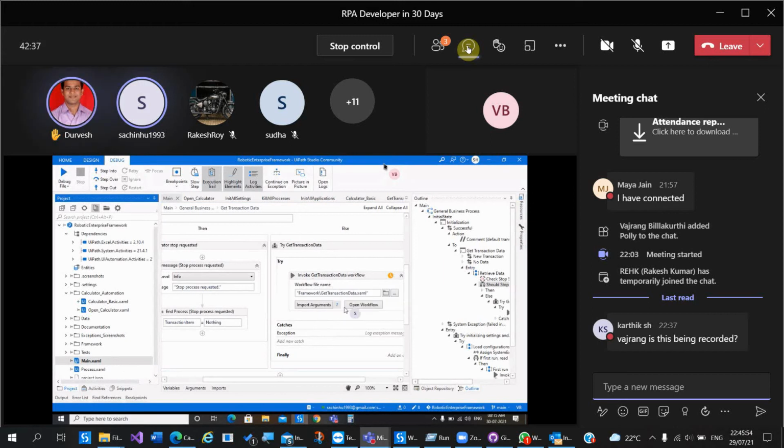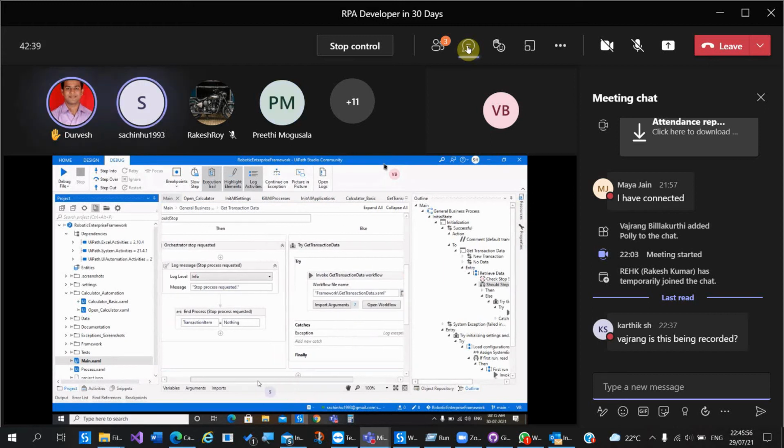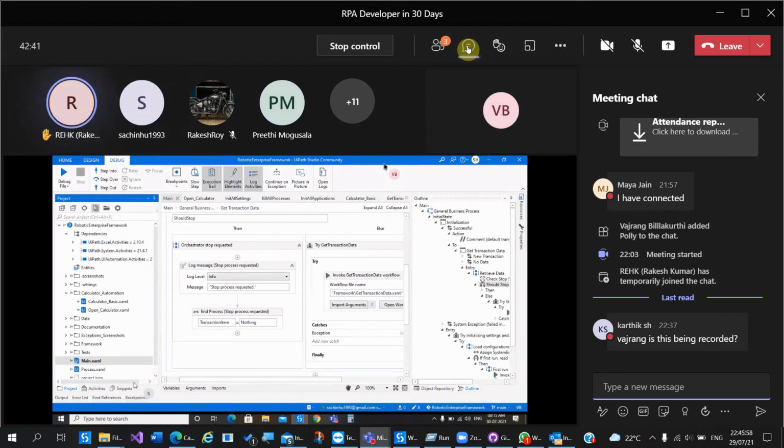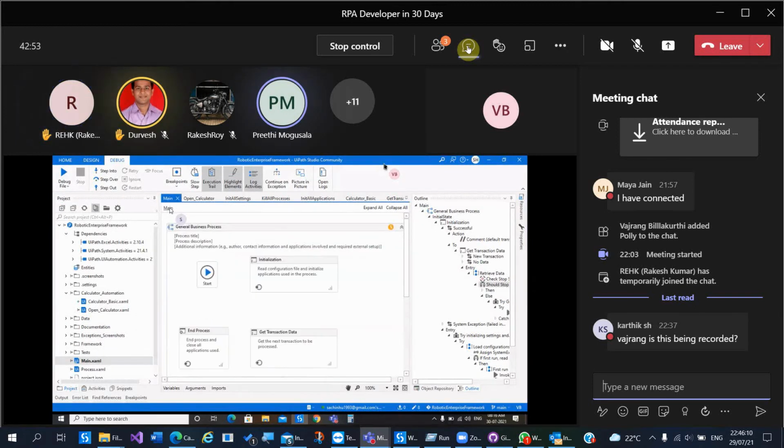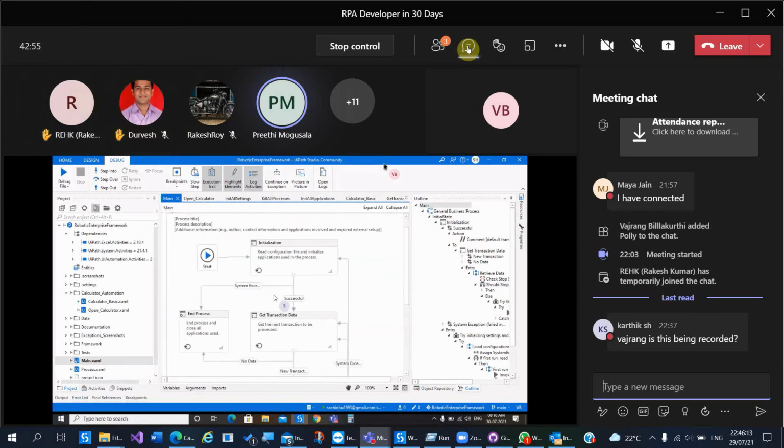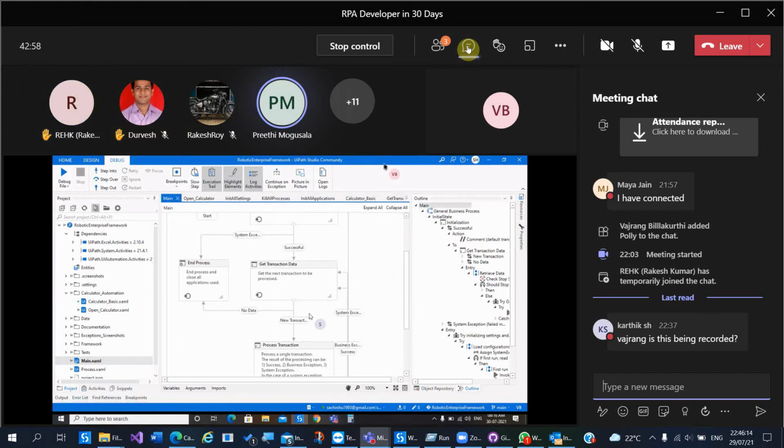Open this workflow. Click on Main, Sachin, click on Main at the top. Before General Business, you can see General Business in the design panel, here at the top. Yes, click. Go to the Initialization part.